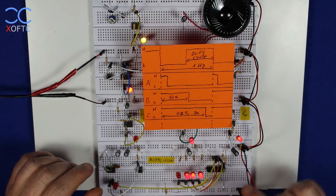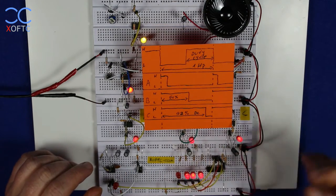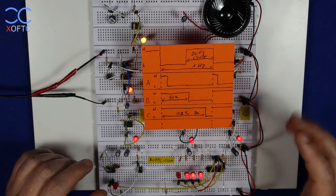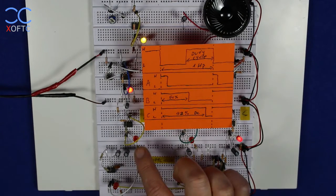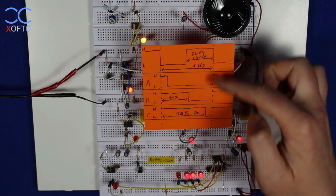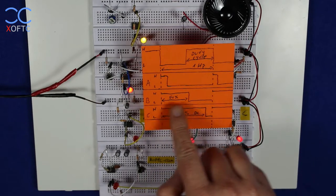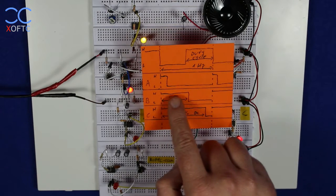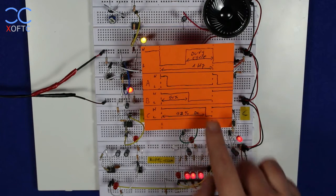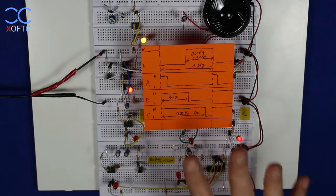And you can see that B, in comparison to A, the on state is longer and the off state is shorter. Where A, the on state is just momentarily, and we have more off state in it. So if we look at B within this frequency, the duty cycle will be 54%, and that's the on state, and the rest 46% will be the off state. And that is how we see this indication on this LED, where we have roughly the same time